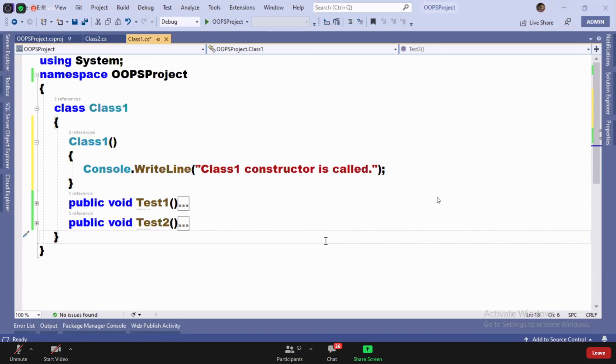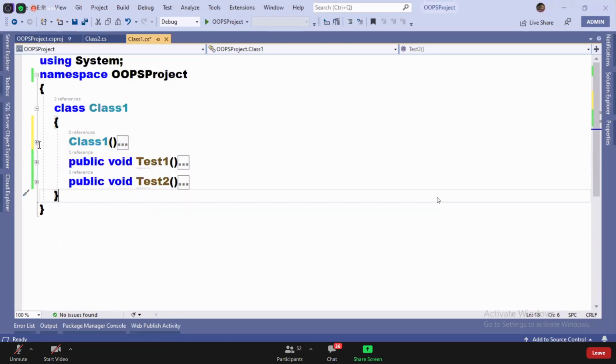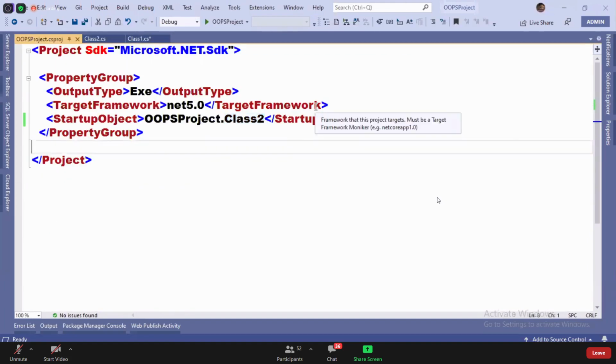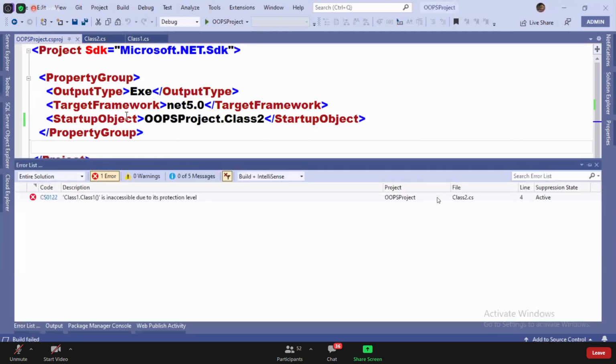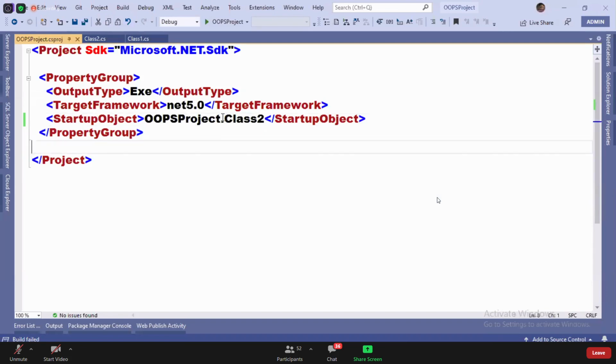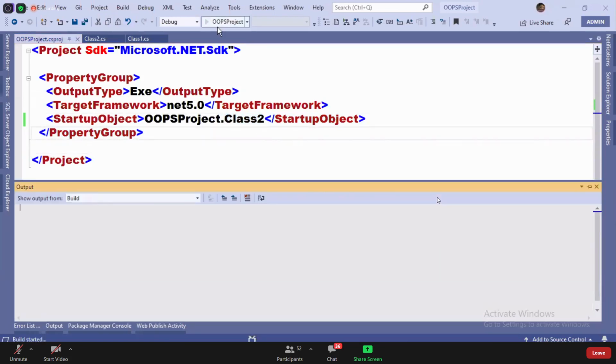After defining this constructor, I am again executing class 2. See guys, when I define the constructor in class 1 and execute class 2, I'm getting an error.